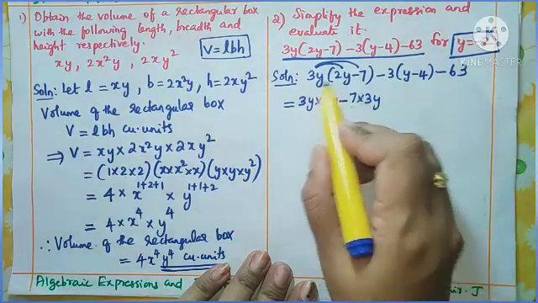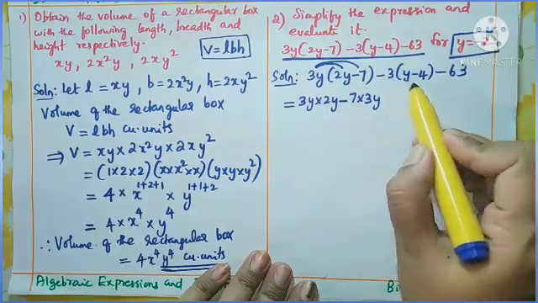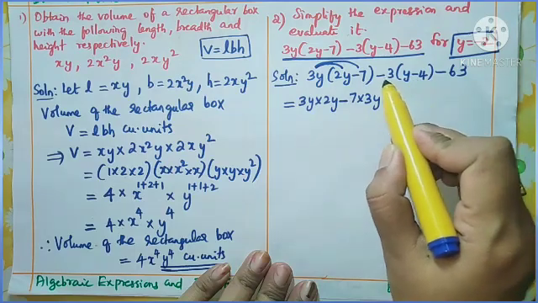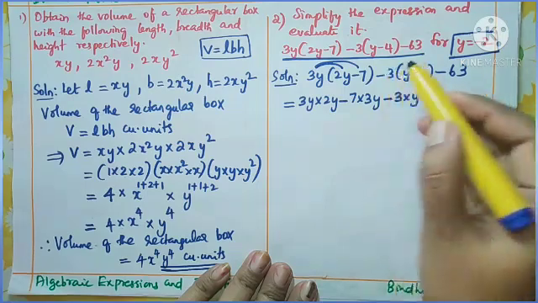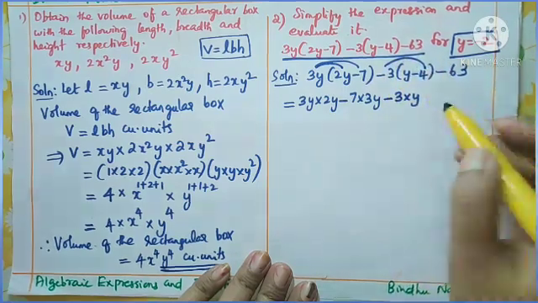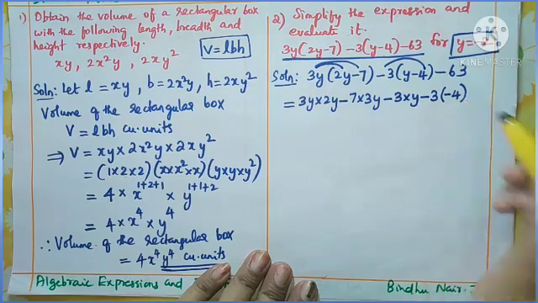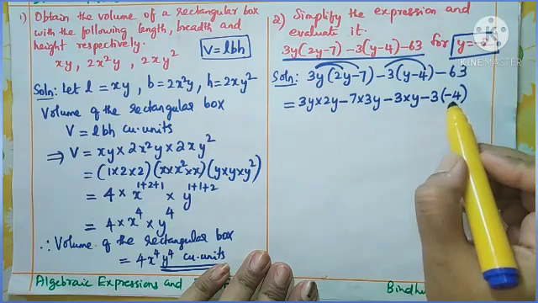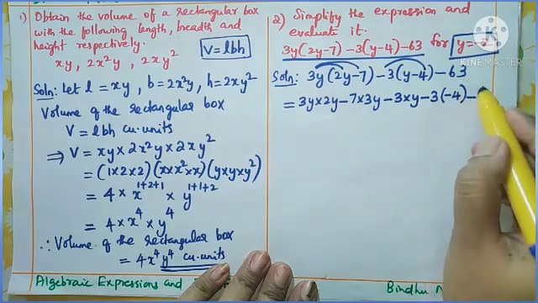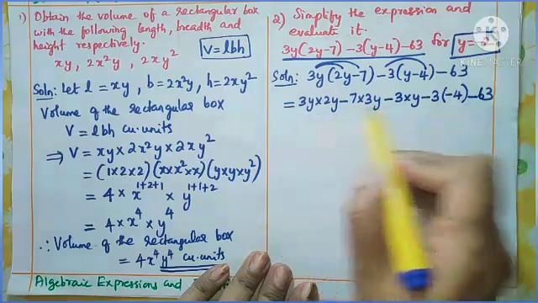Now this bracket is over. Now come to this side. So here minus 3 is common, with y minus 4 inside the bracket. So minus 3 into y is over. Now minus 3 into minus 4. So minus 3 into minus 4 is also there. Again make one more bracket and write minus 4 there. Whenever minus is coming, you need to be more careful. Now what is the last term left? Minus 63. So we made all the required steps.